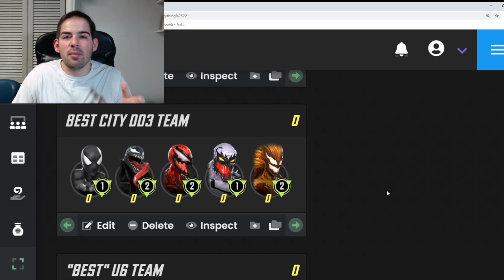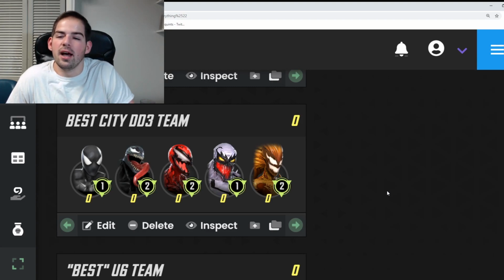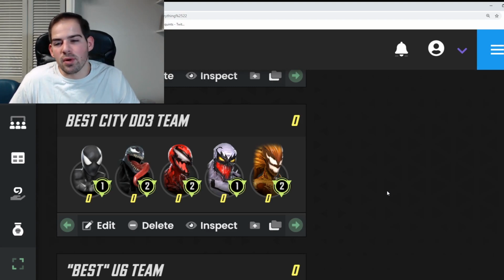I will say a lot of you, if you're not yet in Dark Dimensions 3, probably will not be able to build up this team just yet unless we get more mini uniques in like the raid store or something. But basically this requires a lot of alien spores. So if you're trying to build this team from scratch, I would say Symbiote Spider-Man, Carnage, Anti-Venom, and then 2